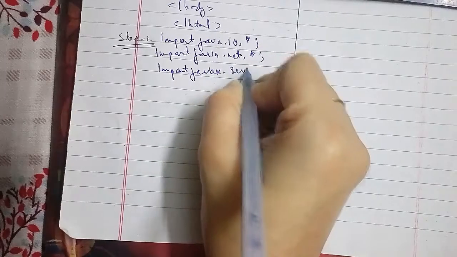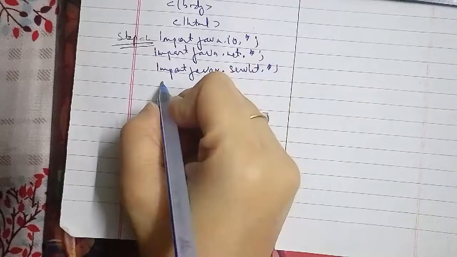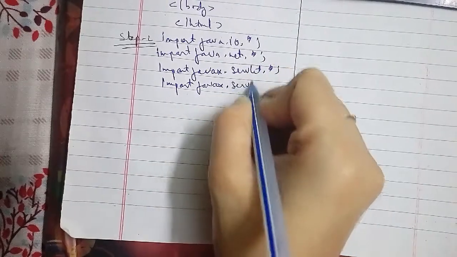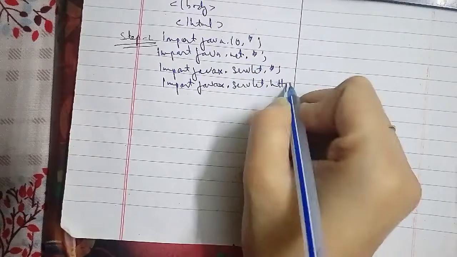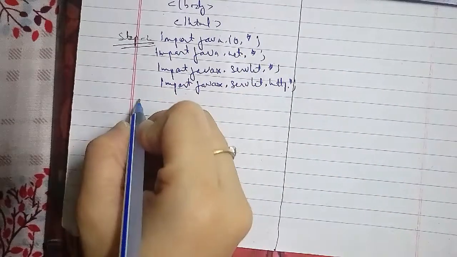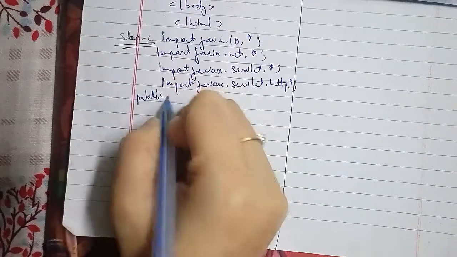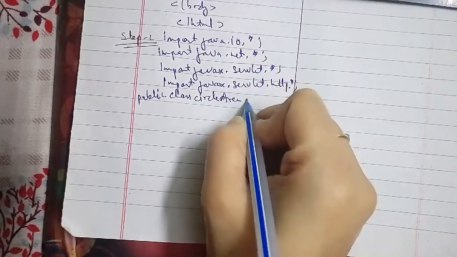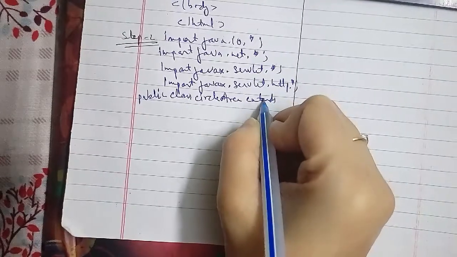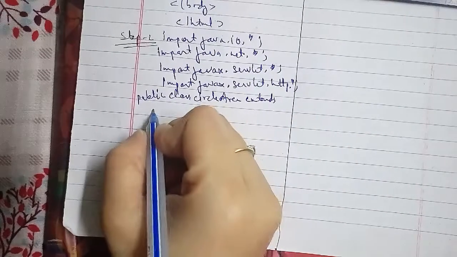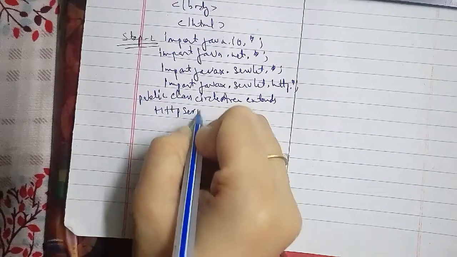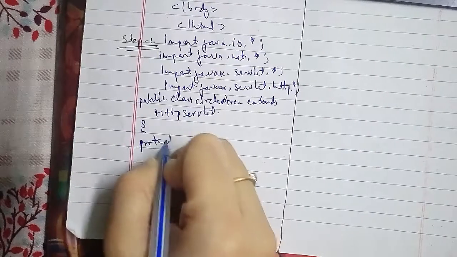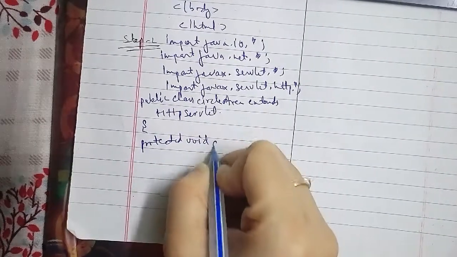then we have a public class CircleArea extends HttpServlet, start another curly bracket, protected void doGet, HttpServletRequest request, that is request, HttpServletResponse